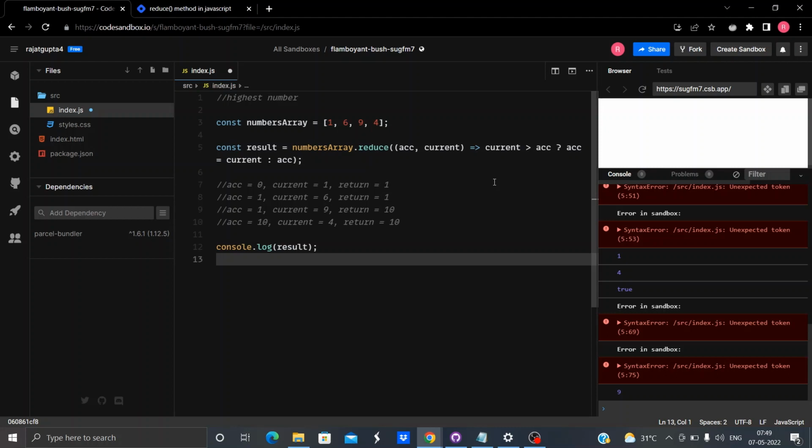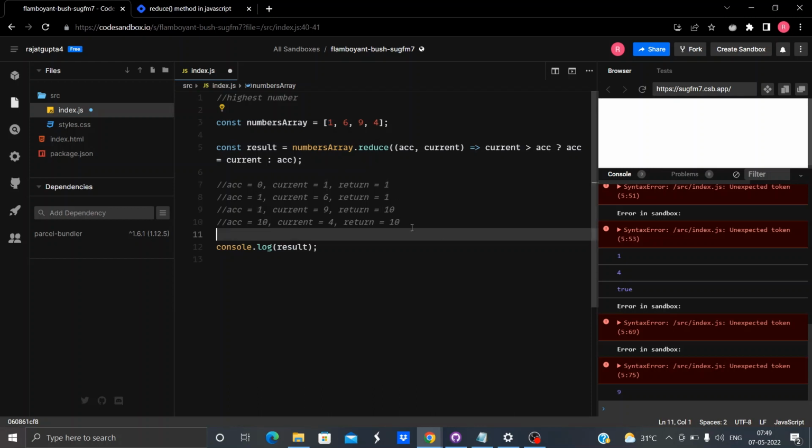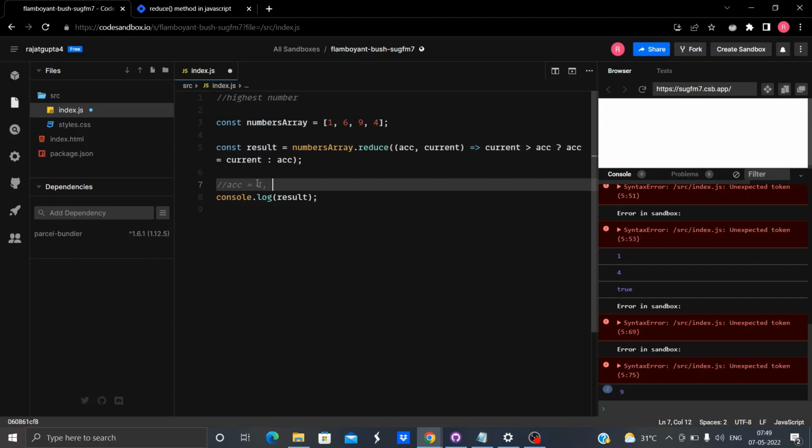Here we do not need an initial value because current starts from here, but we are comparing current and accumulator starts from here. So for the first iteration, we are already comparing 1 and 6. So we are already comparing accumulator and current. There is no need for an initial value, because we want to compare this and this, then this and this, and this and this.